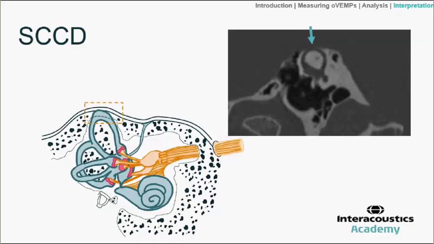Bone conduction sounds are elevated even when the transducer is placed, say, on the ankle or another remote part of the body. Very characteristic. But from the point of view of VEMPs, what we're interested in here is a diagnostic stimulus, and so that's where we present a sound to the ear. Because of that reduced fluid impedance, we might expect a greater deflection of the utricular macula there, but also, and perhaps more relevant to the enhanced VEMP pattern, is that because of the sound pathway, and I'm showing that with